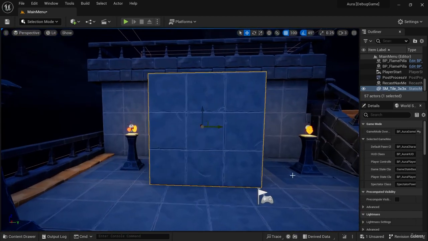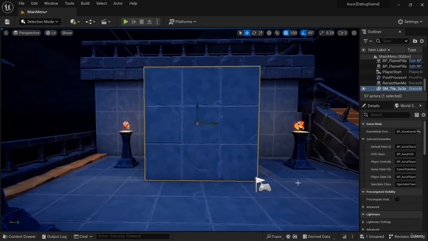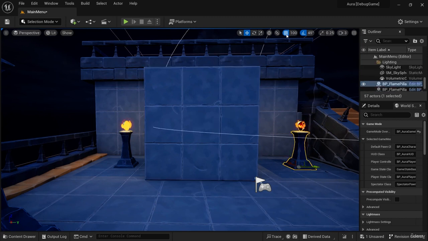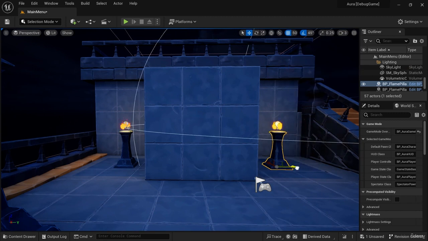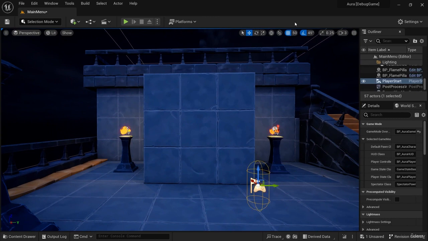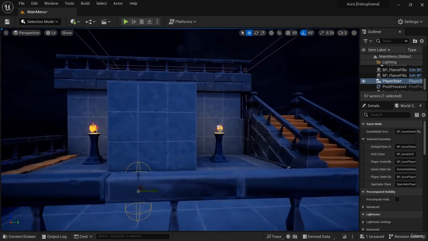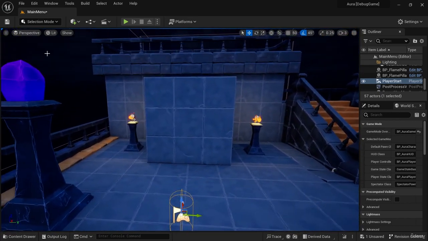Now, just looking straight ahead, I see that my torches are not perfectly aligned. So what I can do is move this one over a bit. Like so. And I can move my player start. I'm going to take snapping off and move my player start to where I want it to be. Now, when I press play,